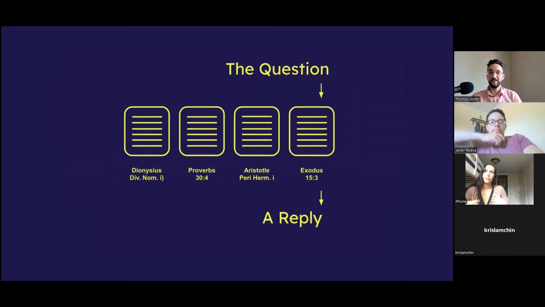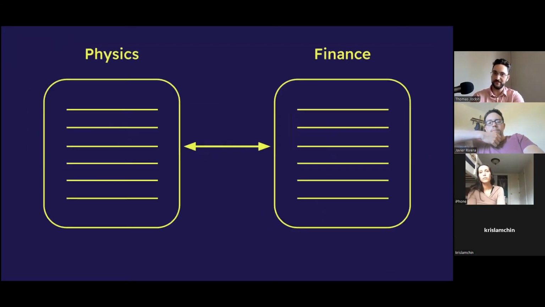So that question from the beginning is then layered, or seen through a prism of all these different texts. Then a reply is generated through looking at that prism of the relationships of those different texts together. But then, on the highest level of synoptic reading, you have completely different domains of reading that intersect with each other to create innovative new understanding. Here's an example. What would be the relationship of some text in physics versus finance? In physics, they might have a text on fluid dynamics, while in finance, they're talking about market dynamics. What would be a linkage between the two?